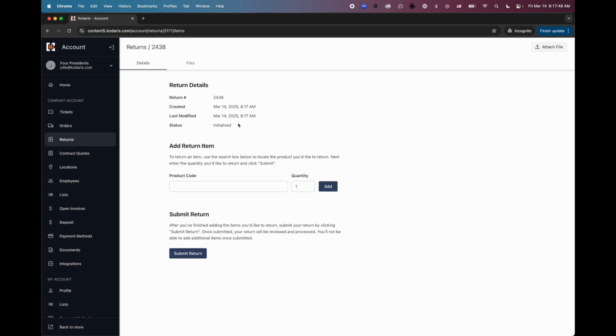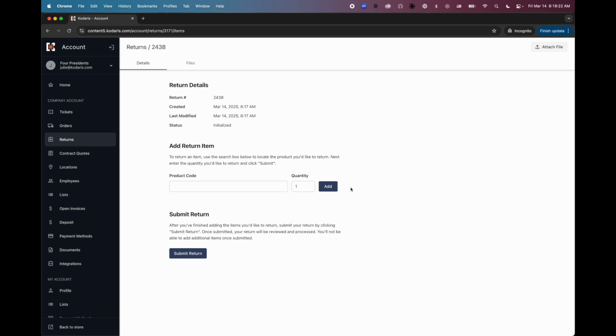So now, as I mentioned earlier, the user in this flow simply wants to return items. They don't necessarily know what invoice or order this item was originally ordered on. So what they'll do next is simply enter the product codes that they want to return. Now when they enter the product code and choose add, what the Codeiros system is going to do is take that product code and automatically look back on the user's